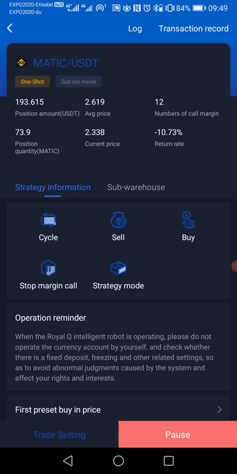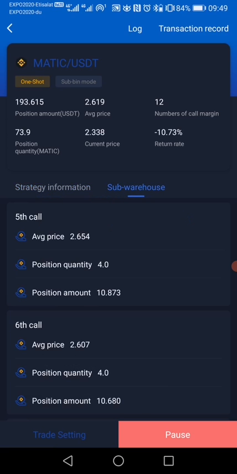I will be using Matic to demonstrate all the things I'm going to show you. If you look at my screen here, you can see Matic. You can see the strategy information, you can see the sub warehouses. Today I'll just quickly show you briefly